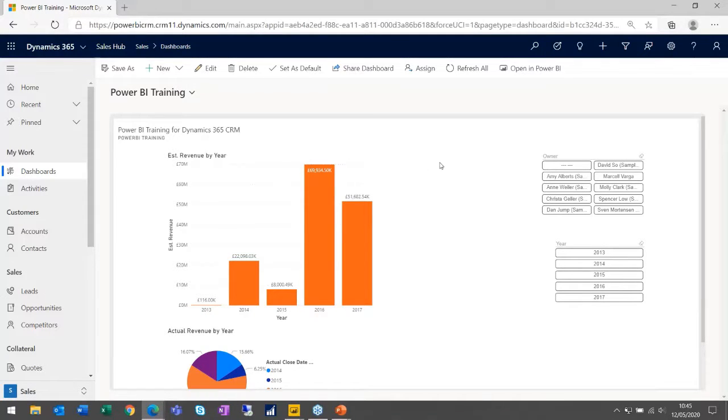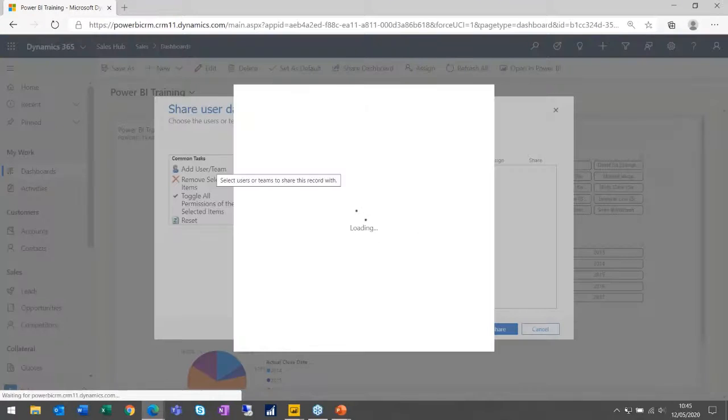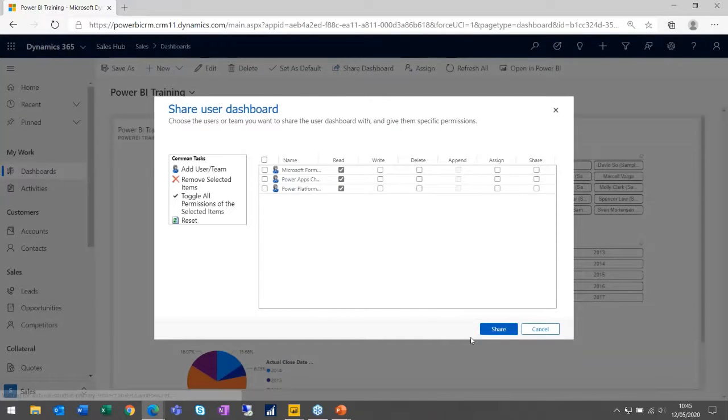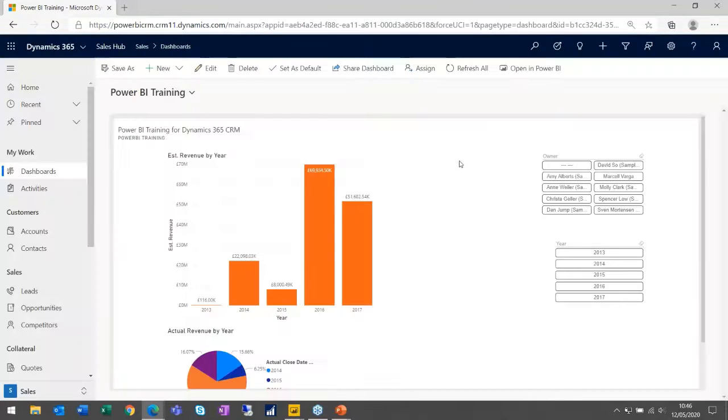At the moment, this report or this dashboard is only available to myself. We all know we can share dashboards in Dynamics, so I can share this with other users within Dynamics. But actually, at the bottom, I would also need to share the Power BI report with other users, which, as I mentioned before, unfortunately involves Power BI Pro licenses. Now we could help you to set those up for you as well. It doesn't cost too much to have Power BI Pro licenses, but the nice thing is that you